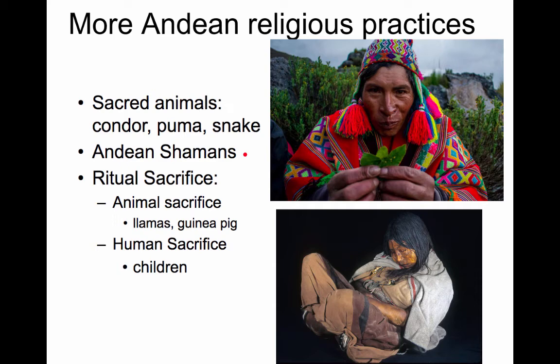So as we know, in many animist faith systems, priests and shamans who do a lot of divining and spirit possession and a lot of herbal medicinal practice are common. So they're also common in the Andes. And here is an Andean shaman. He's holding coca leaves. The coca plant is grown throughout like Peru, Ecuador, and up through Colombia. The coca plant is used as a big part of ritual and as well as medicine. They usually hold it in threes to do a blessing. The coca plant, you can chew it or you can brew it into a tea, and it helps with altitude sickness and digestive issues.